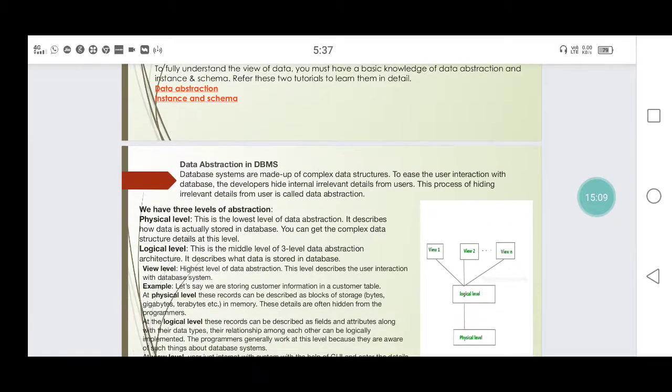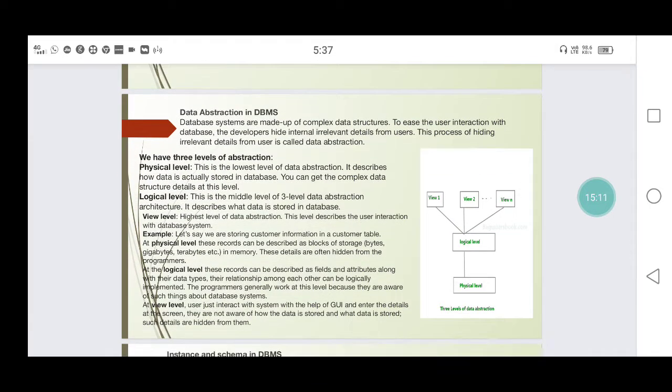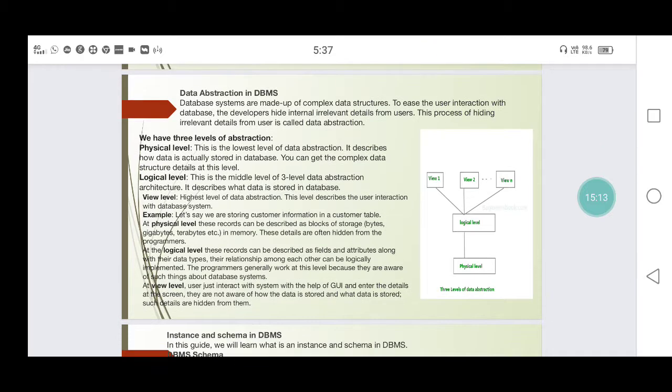Next, data abstraction in the DBMS. Data abstraction in the DBMS is made up of complex data structures. To ease the user interaction with the database, the developers hide internal irrelevant details from the users.